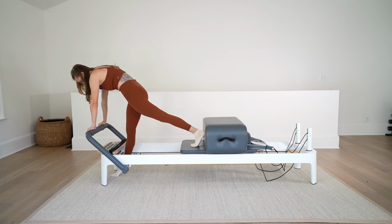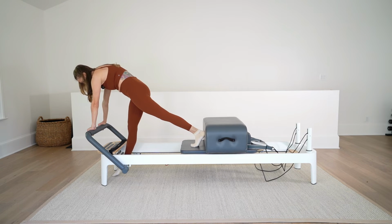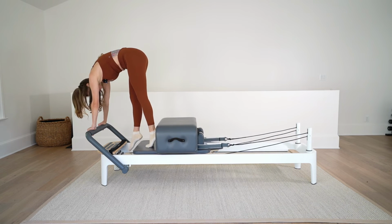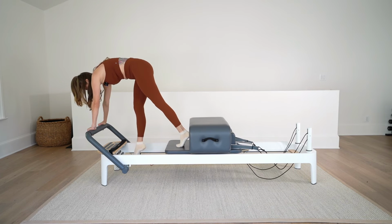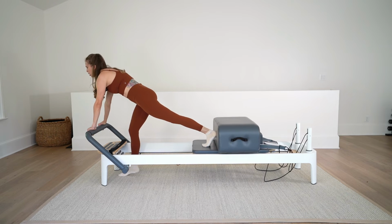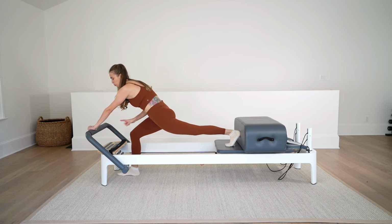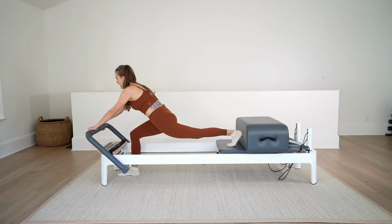Then once the heel lifts, pause, lift that foot off the floor, lift your hips, pull the carriage in, look towards your feet, scoop those abs, and slowly with control, push the carriage out, lower the foot down, bend the front knee. Make sure you've landed close to the platform. And again,